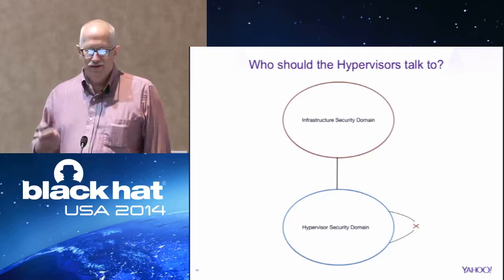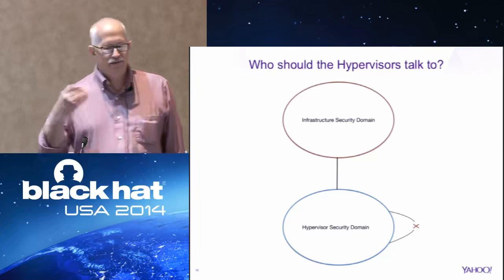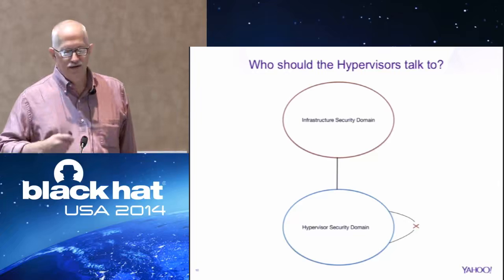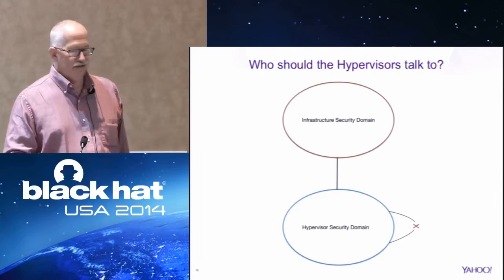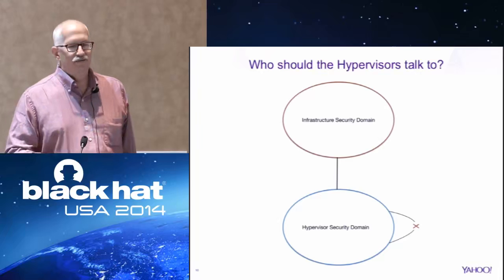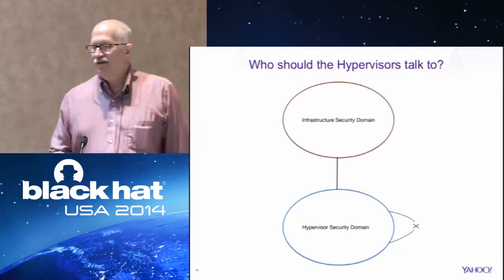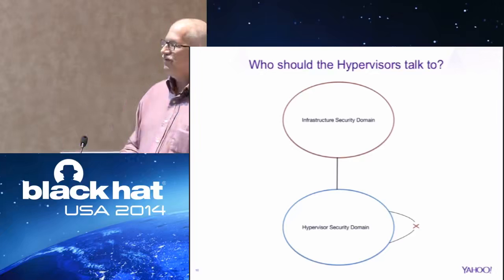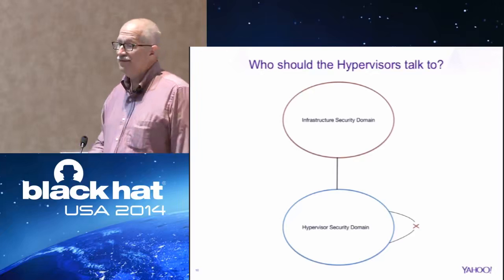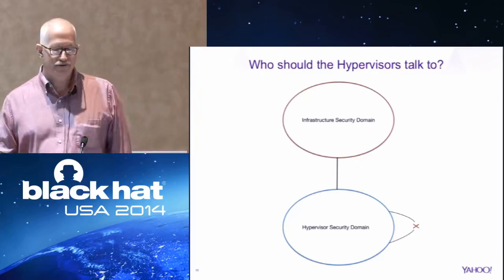We created a separate, isolated level 2 VLAN for communication between the infrastructure nodes and the management interfaces on the compute nodes. But we don't allow the hypervisors to talk to each other. So you're probably asking yourselves, why don't we want the hypervisors to talk to each other? We don't want a compromised hypervisor to be able to talk to other hypervisors, so we don't allow any communication. That means that we don't allow VM migration directly between hypervisors.